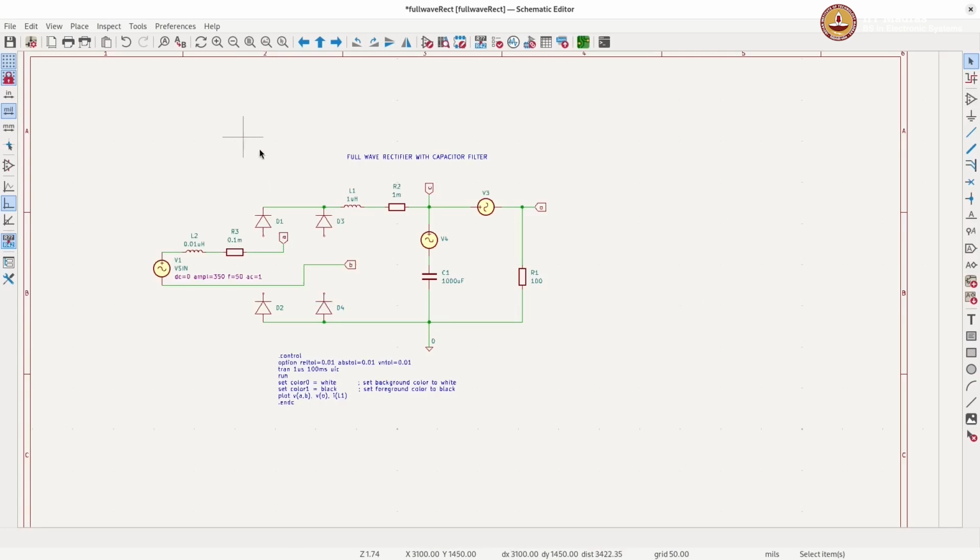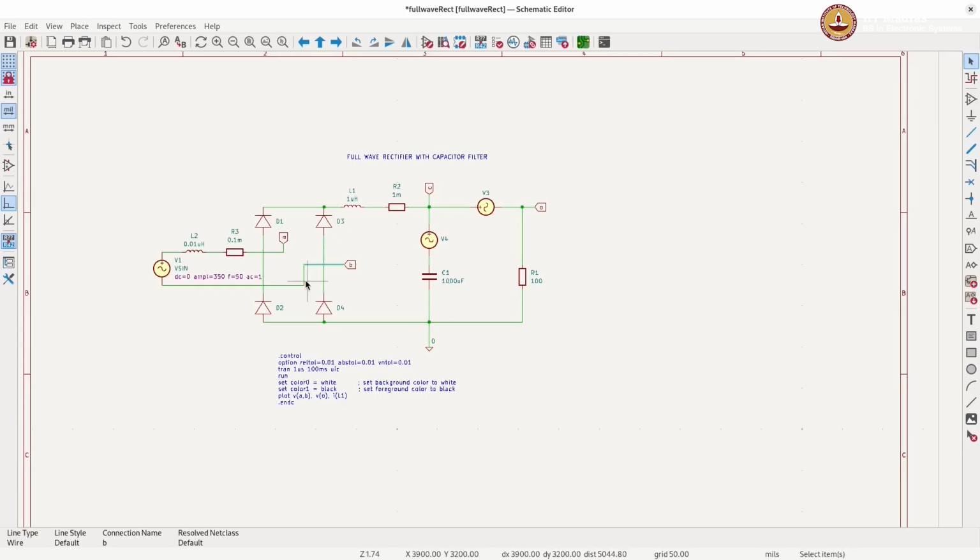So these are the 4 diodes which I am having, and I will wire it up. Take this and connect it here, and take that and connect it here. So that is connected,